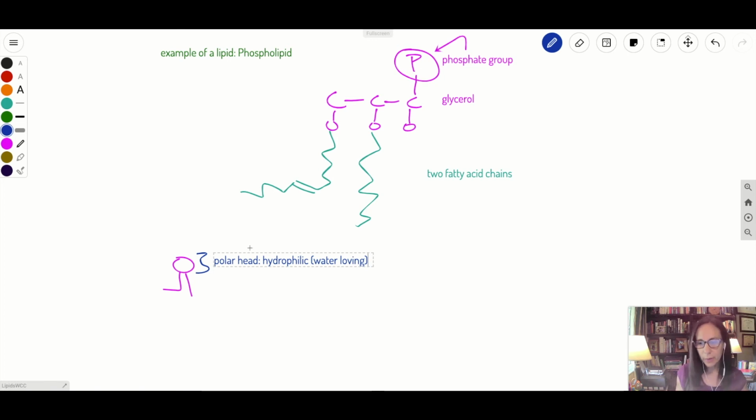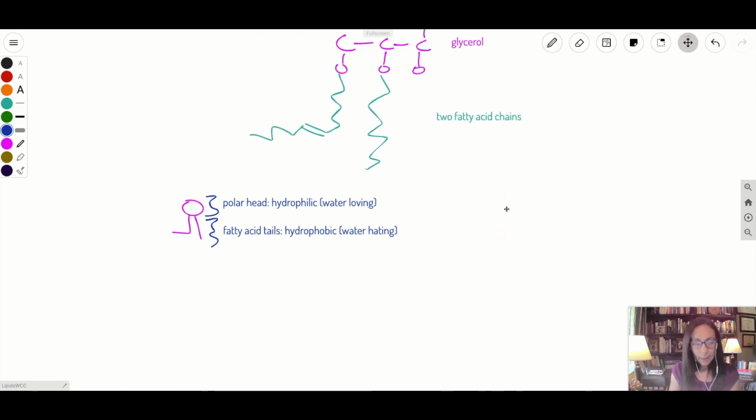And then on the bottom, we have the fatty acid chains. Okay, so these are the fatty acid tails, and these are hydrophobic, which means water hating. Okay, so we have this molecule, a lipid, a phospholipid, and it's got a head and some tails, and the head part loves the water, but the tails hate the water. So imagine what would happen if you put like 1,000 different phospholipids in a cup of water. What do you think would happen to those phospholipids? How would they react, do you think? What happens is